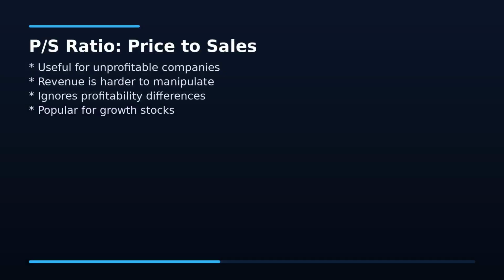Price to sales is useful when a company isn't profitable yet. Revenue is harder to manipulate than earnings, making PS more reliable in some cases. However, PS ignores profitability entirely. A company with thin margins and high PS may be much more expensive than it appears. Use PS alongside margin